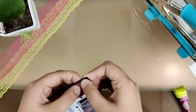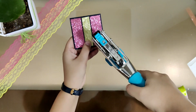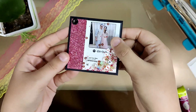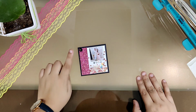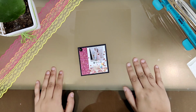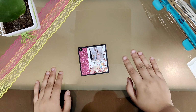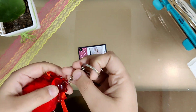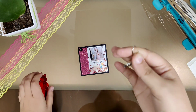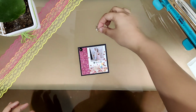Just insert your eyelet inside and punch it down. So your eyelet is ready. So next step is we are going to add a keychain over here. For this you can go ahead and purchase raw keychains available in the market, or you can use an old one. So here I have an old keychain and I'm going to take this piece out of the chain. So I have this piece right over here and I'm going to keep this apart and we'll use this keyring